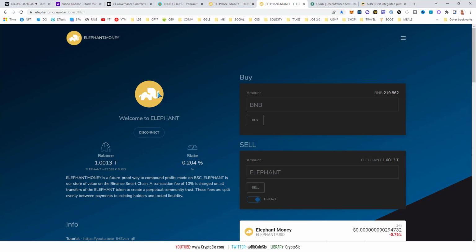As always, DYOR, and don't put in more than you can afford to lose. But so far, Stampede for me has been my top earner. I've disclosed that I am in drip. The price is so down, and everyone's like, it's gonna go up. Well, I hope it goes up.